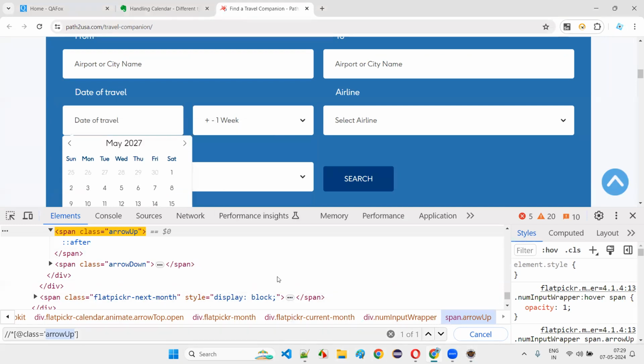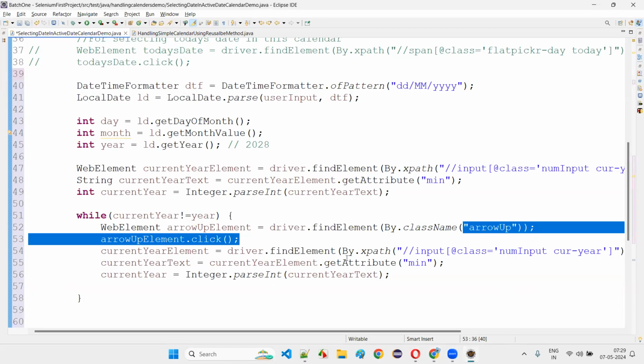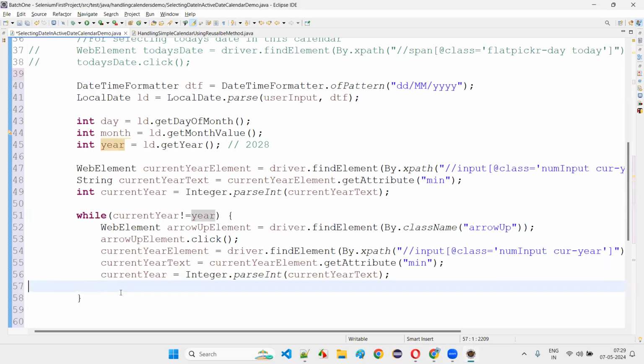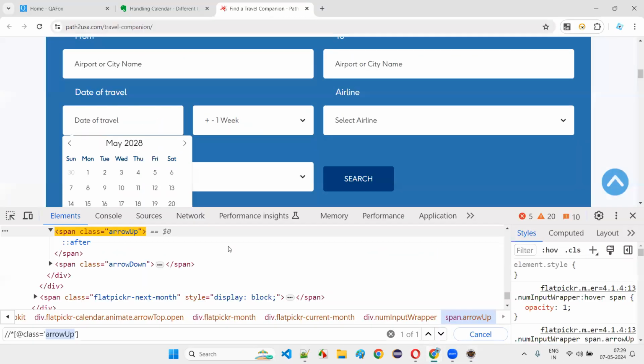2027, 2027 not equal to 2028. Again, it will click on the arrow up. 2028. So once it is 2028, 2028 not equal to 2028 is false, it will come out of the while loop. That's how we have to write the while loop for selecting the year, and we will be on this 2028. Now here, month,